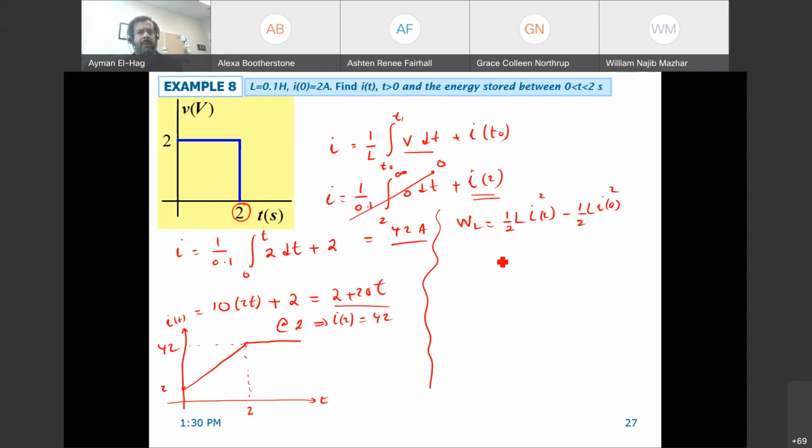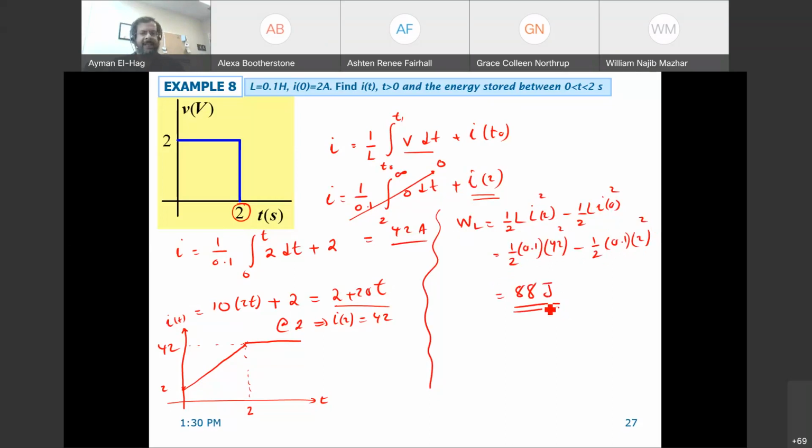Okay, excellent. So 1/2 times 0.1 times 42 squared minus 1/2 times 0.1 times 2 squared. And if you calculate this, it is equal to 88